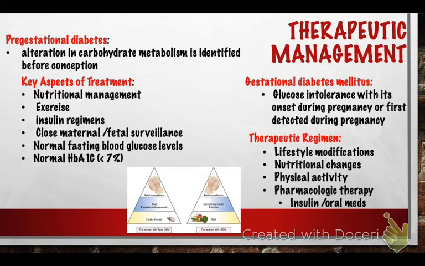And so again, therapeutic regimens, we always are going to start with lifestyle modifications. So meaning, diet, exercise, eating the right foods, when to eat them. We'll send them to a nutritionist or to a dietary consult. Nutritional changes, again, we're going to teach them what they can and cannot eat, how they should eat, and when they should eat it. Encouraging physical exercise, physical activity, even if it's just walking 3 days a week, is going to increase